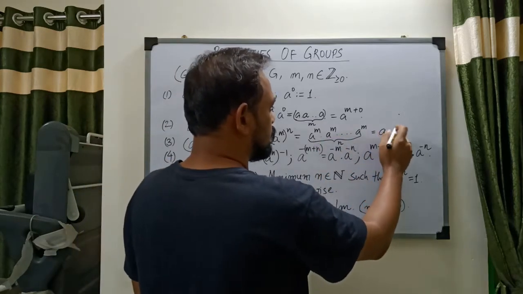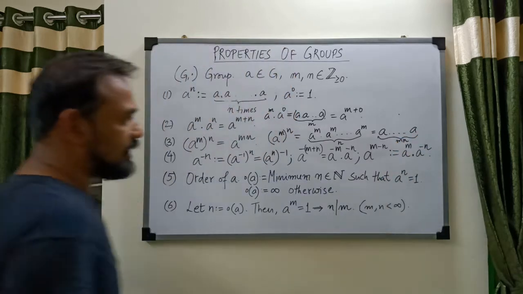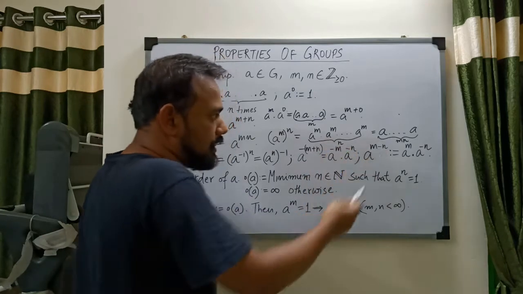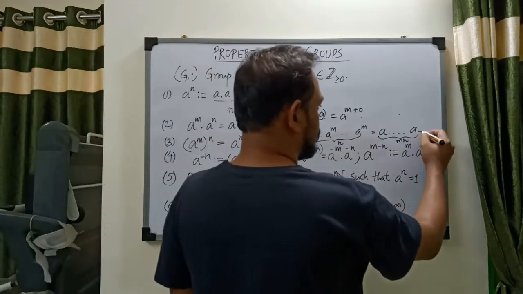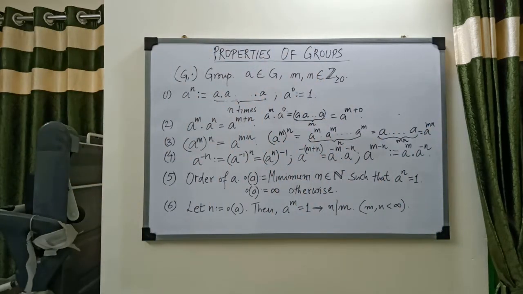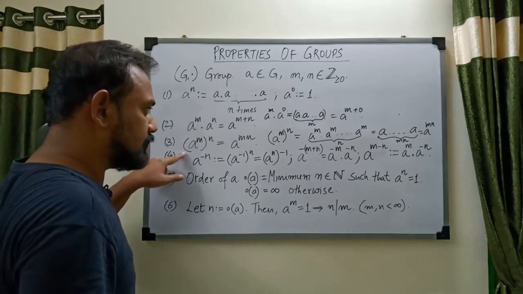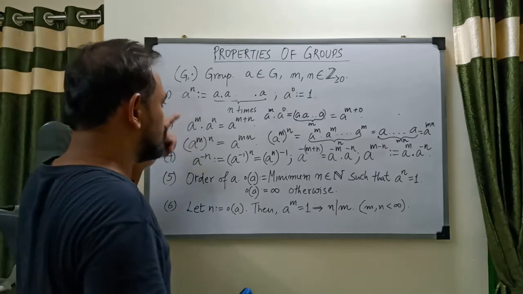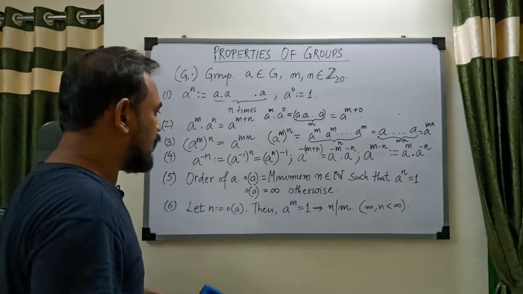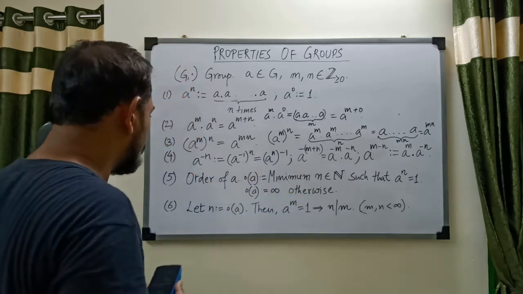So from each of these n factors, you're getting m a's, and that's just a^(mn) again from the definition itself. I hope this is clear. It's very, very easy. Just follow the definition and you will get it. What about this one? Let's rub this out. Before that,